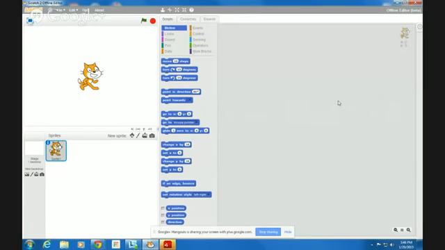If you can follow my mouse, this screen over here that I'm wiggling my mouse on is called your stage. This is where you're going to program all your different characters, okay? The blocks over here in the middle are your commands. Think of these like the directions that you're giving your characters, and you're going to be dragging these over onto your stage. That's how you program, okay?